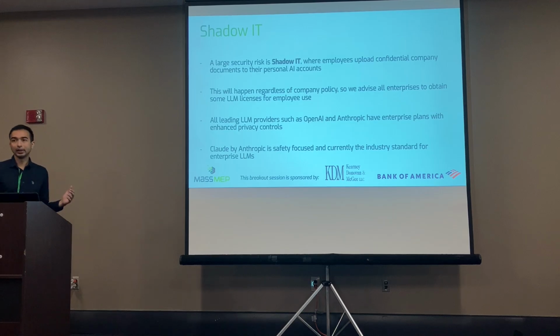So there's also several clear frontrunners in the AI race. So we have ChatGPT, we have Anthropic, we have Gemini. What we're seeing is that Anthropic has had very safety-focused messaging from the beginning, and they're starting to dominate the enterprise market. Or if you're already using Google, it's just a no-brainer to use Gemini as well. But really, at this point, I think for basic capabilities, all of the leading LLMs are the same. It's just use whichever is easiest for you. If you're using Google Cloud already and Google Workspace, use Gemini. It's easy. But I would say really just consider getting some enterprise licenses as a first step.